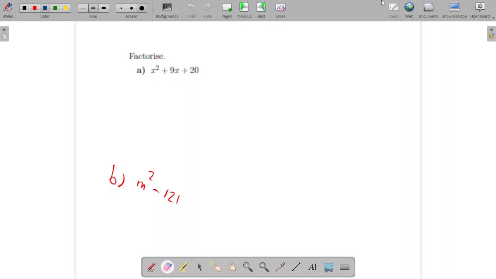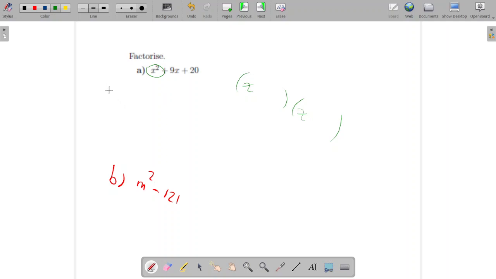Now, when we talk about factorizing, this is the first thing that you see in front of you here: factorize. When I say factorize, it means that I need to create two brackets at the side of it where I'm going to add values. The first part is that you take the first term in the equation and you divide it according to what it is. You're going to leave x here and leave x here